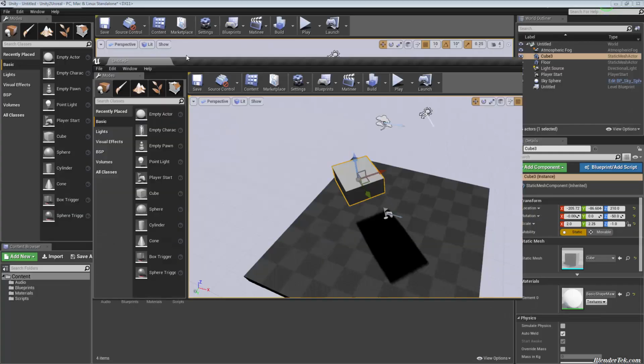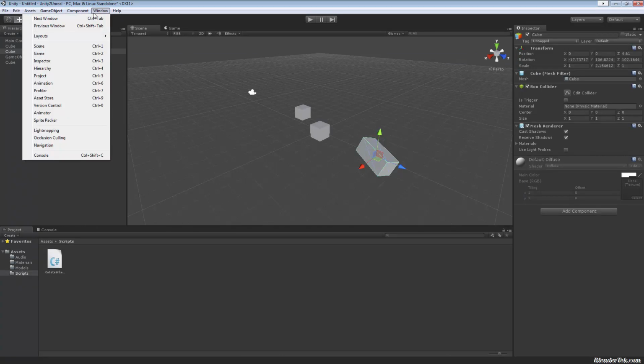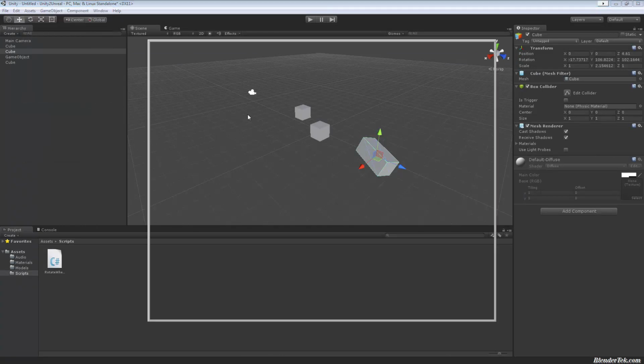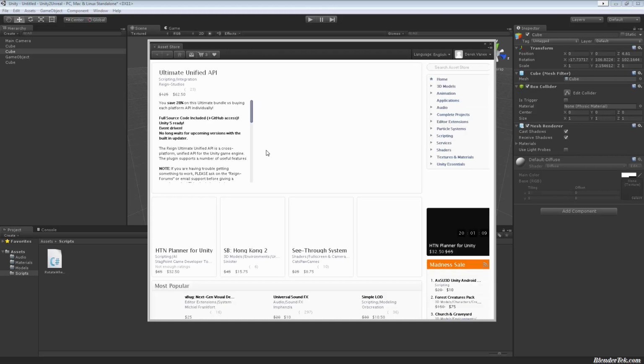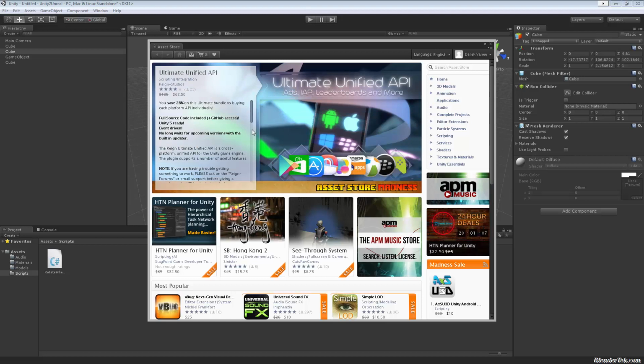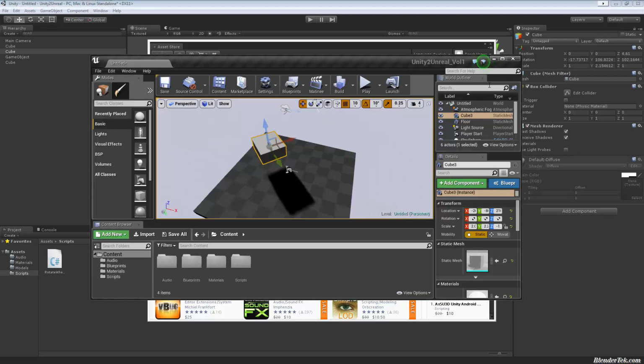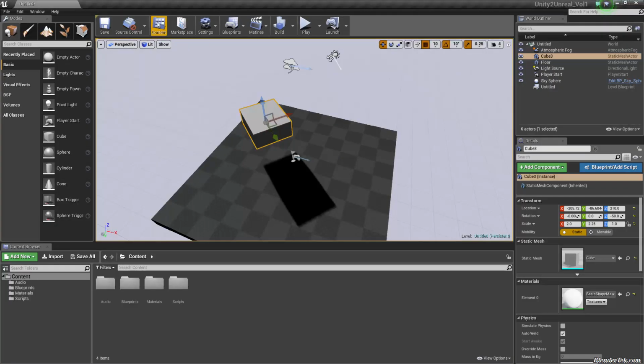What else? I wanted to compare. In Unity, we have the asset store. So I just go to the asset store, it opens up the window, and I am free to browse the asset store all that I want. The thousands and thousands of things in the asset store. That is the one thing Unity does have going for it, is that it has the age of assets. So it's got so many assets, it's not even funny. Unreal, being that it's so new, has very, very little in its marketplace. It's not the asset store, it's the marketplace.